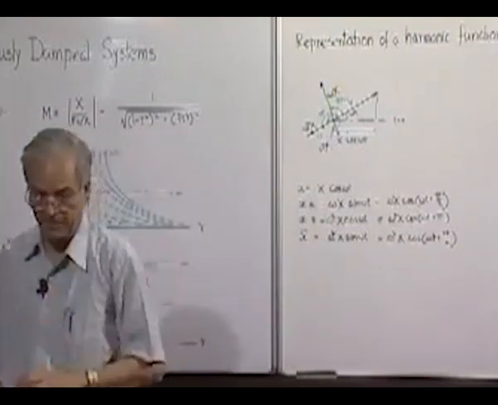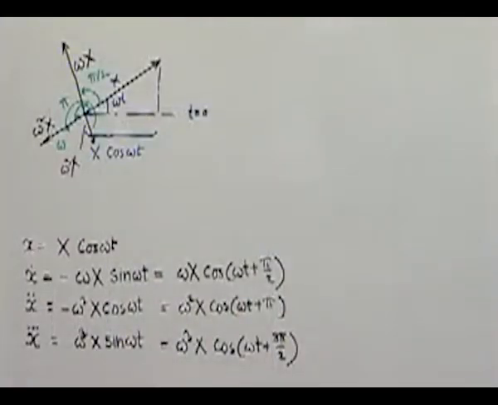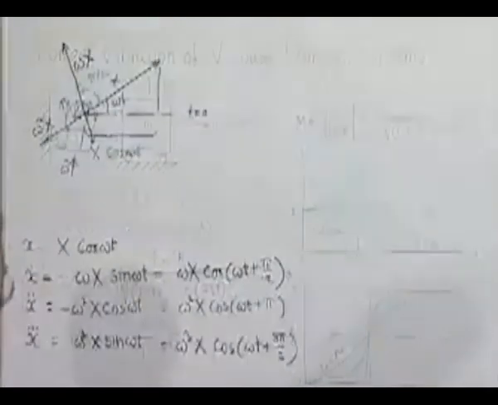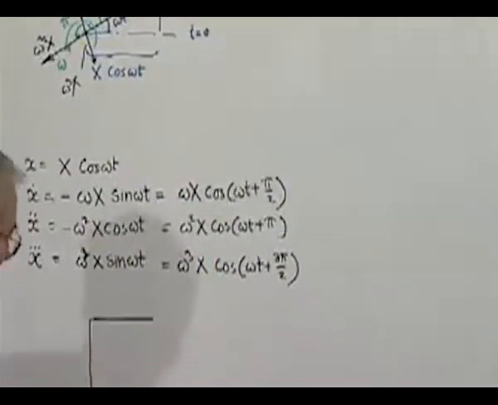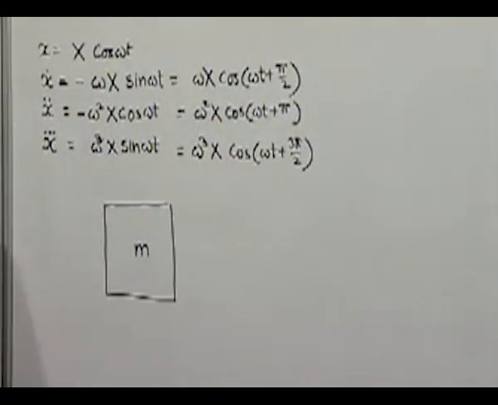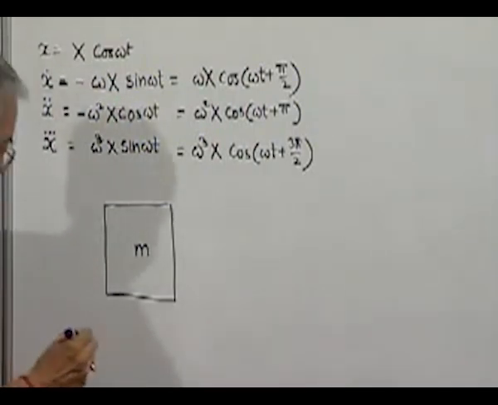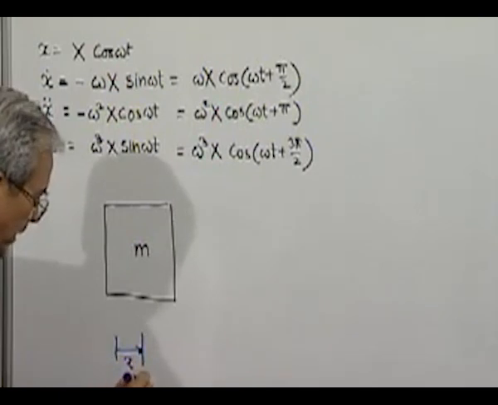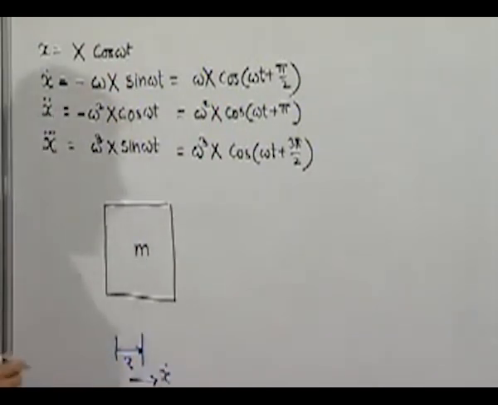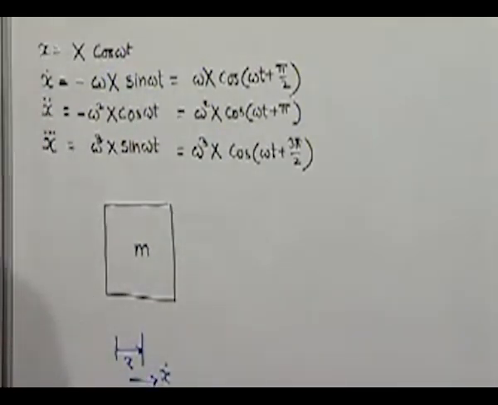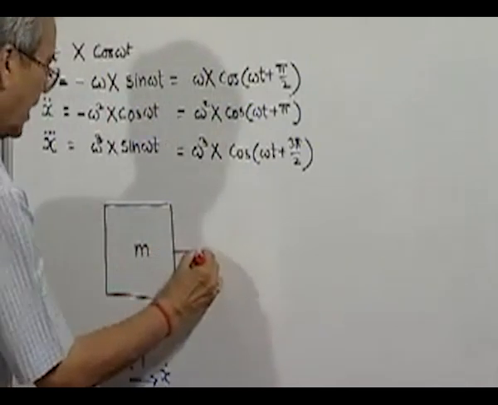Okay. Now, if we consider the free body diagram of the block, what are the forces at any instant of time when it is displaced from its equilibrium position by x, moving in this direction at a velocity x dot and with an acceleration x double dot? The forces are the external force